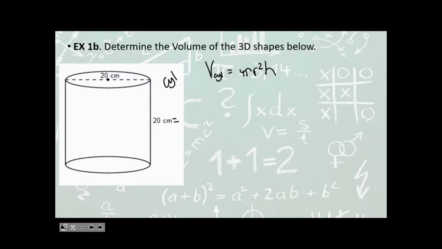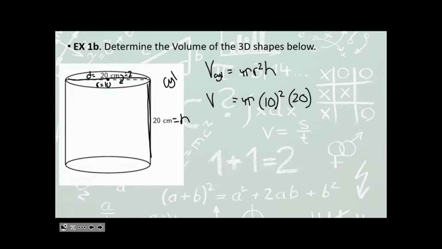So this 20 here is the height, right? That's the vertical height of this cylinder. And this right here, all the way across the circular top of this cylinder, is the diameter. And for my formula, I need the radius, so I'll divide that by 2 to get my radius of 10. So the volume is equal to pi times the radius, which is 10 squared, times the height